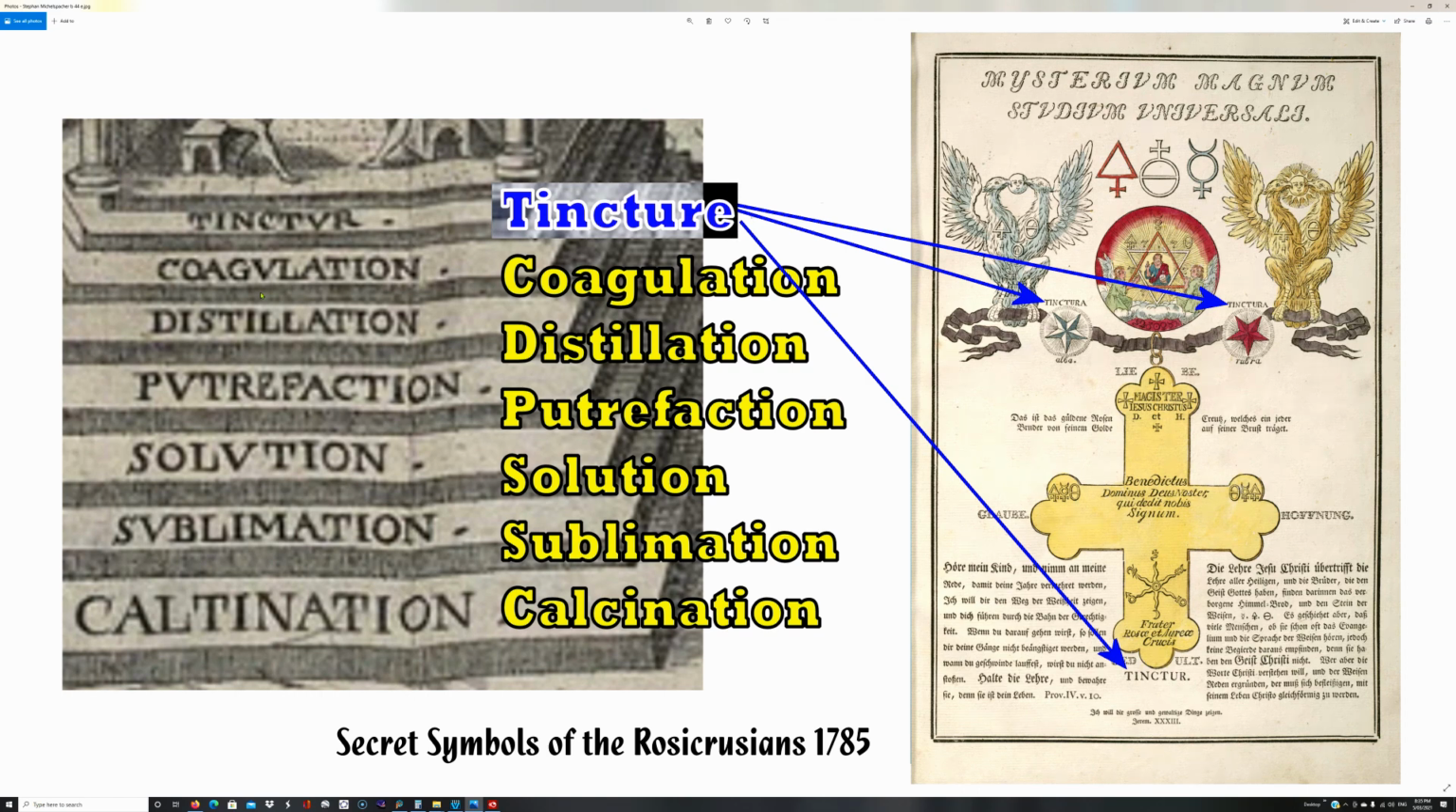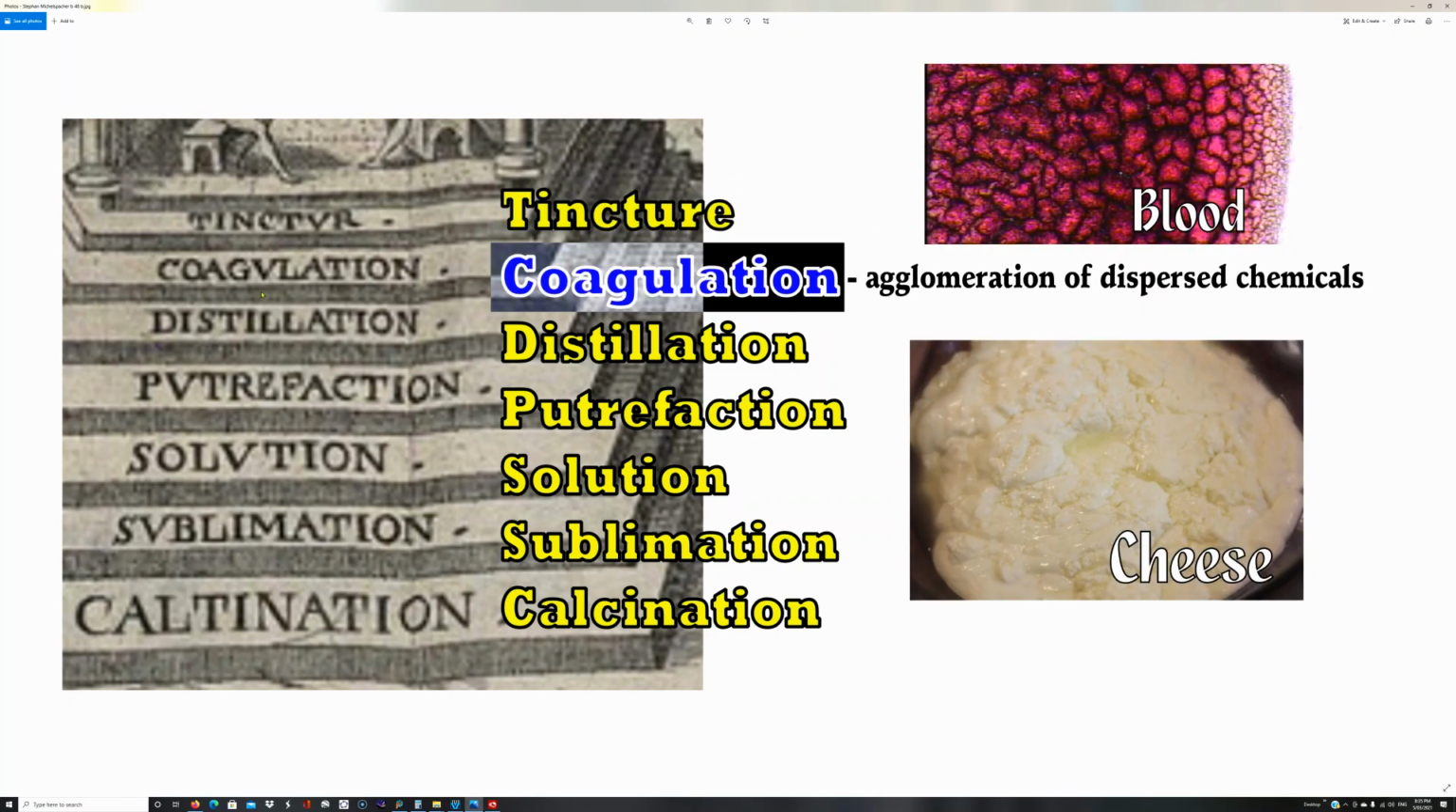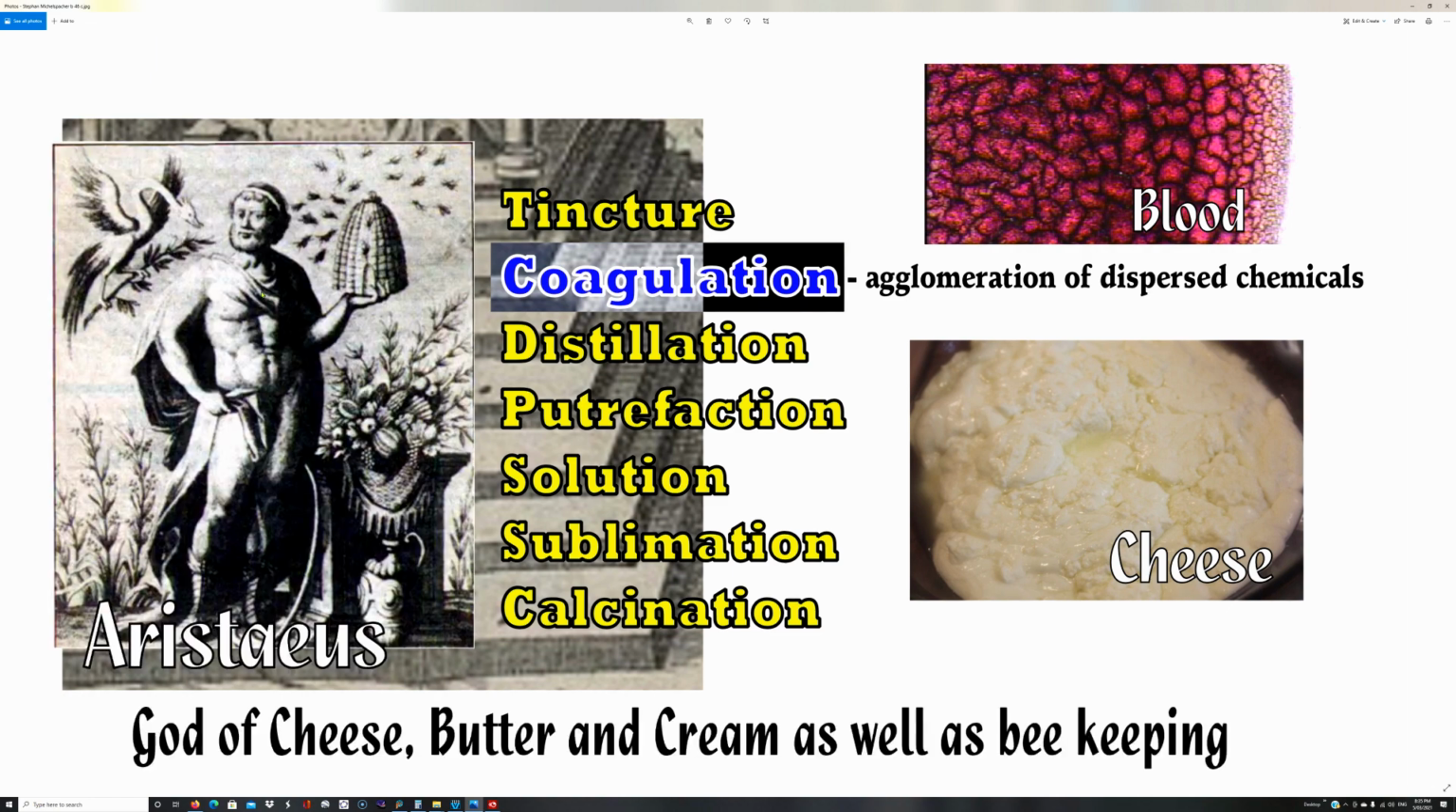So you'll see a lot of geometry and chemistry and science in these hermetic works. Obviously they did have a lot of spirituality and philosophy to them, but embedded, what's always repeated is this connection with chemistry, alchemy, and the geometry and the astronomy in there as well. You can't really separate those. So coagulation, you might think of blood coagulating, but coagulation is also done in cheese making as well. So Aristaeus, anyway,